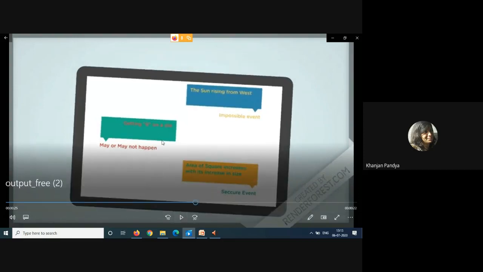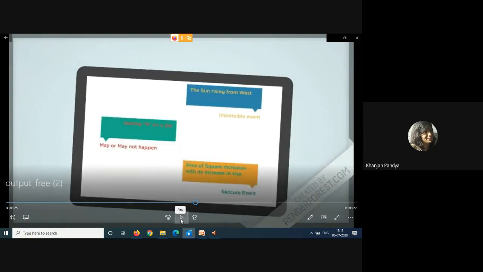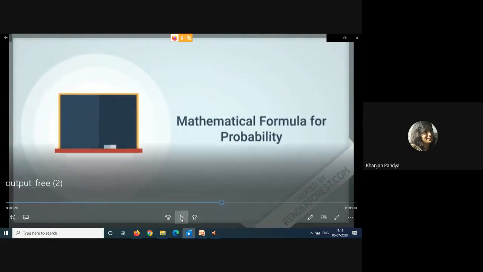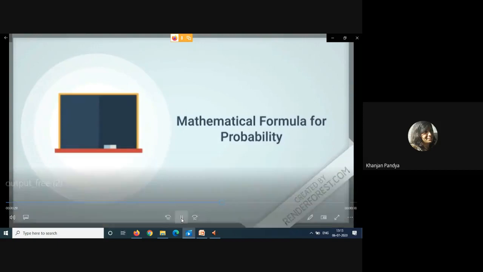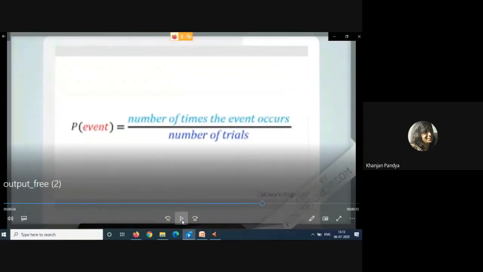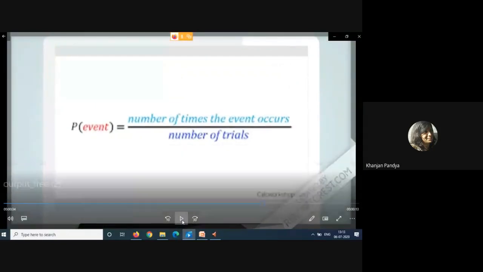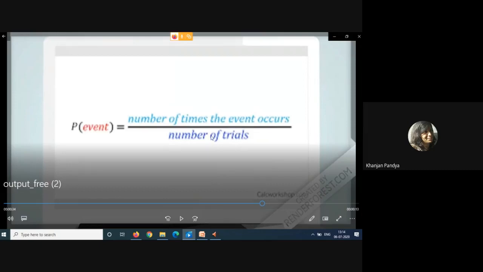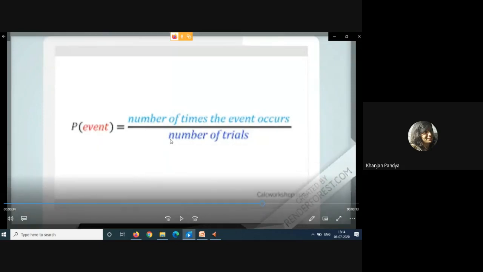Okay, that is getting 6 on a dice. So it may or may not happen. After throwing it and after the results come, we are able to see whether it is a happening event or not happening event. So here comes the mathematical formula for probability. That event is occurring, the number of times the event occurred over the number of trials. If I'm having head and tail, then